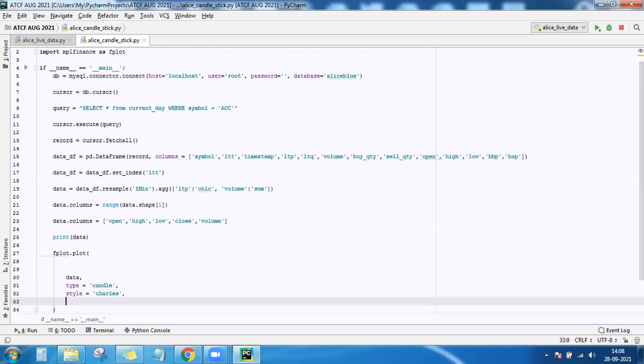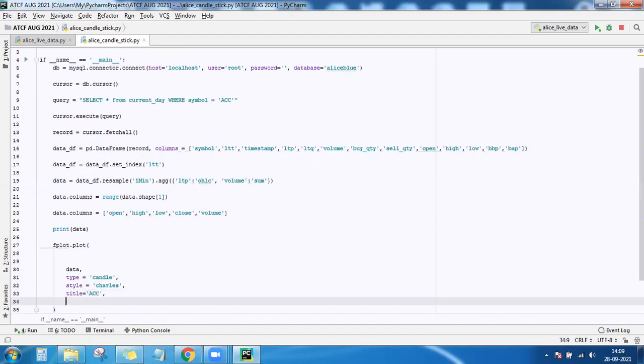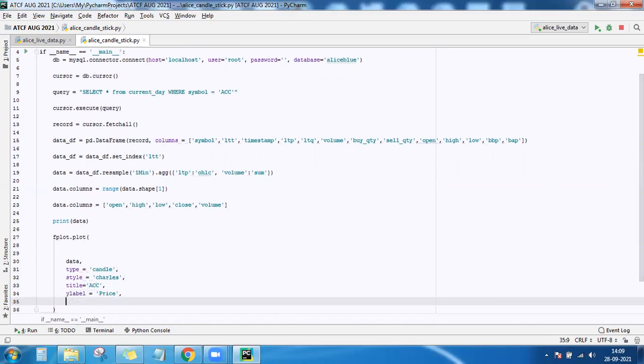Then the title of the chart is ACC chart. Y label, price is there on the y-axis, so label it as the price. And do you want to plot the volume also? Yes, I want to.